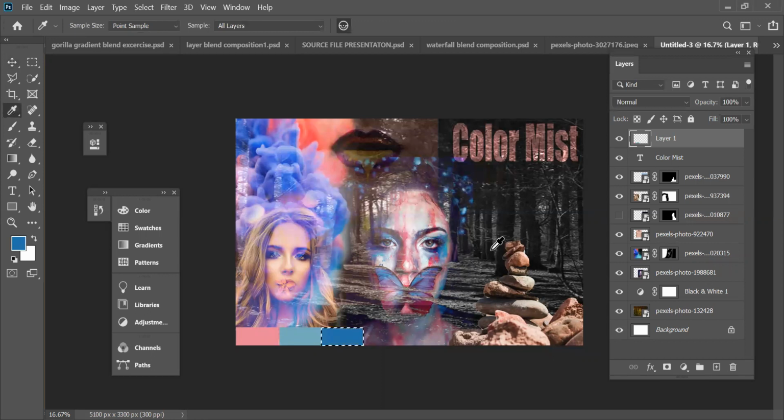So again, alt backspace, and then I'm going to go over to transform and just duplicate this here. Again, go for eyedropper and just select a color. And then again, alt backspace.